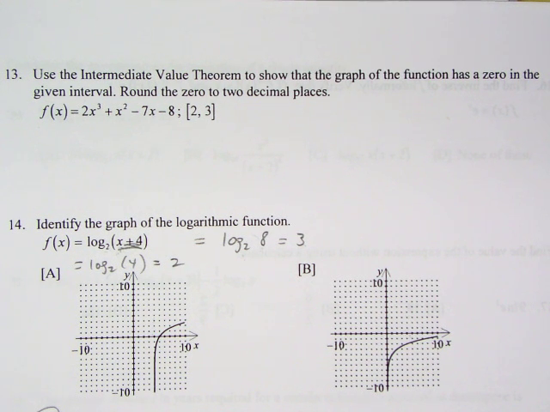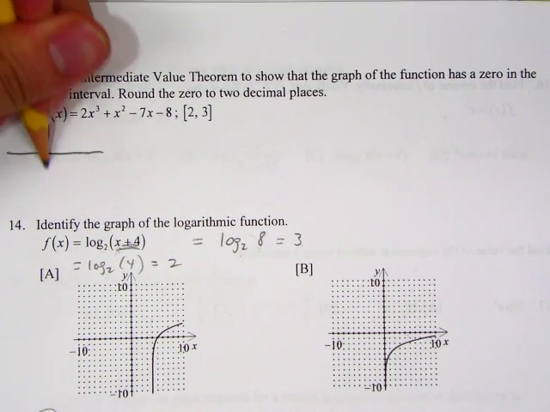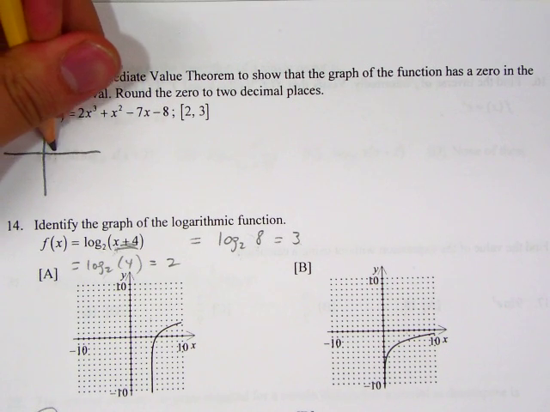Okay, number 13. Use the intermediate value theorem to show that the graph of the function has a zero in the given interval. Round the zero to 2 decimal places. Okay, again, let's think about what the intermediate value theorem is telling us here. It's telling us that if we're looking at a function here, and then between 2